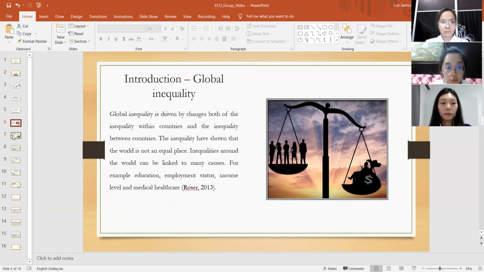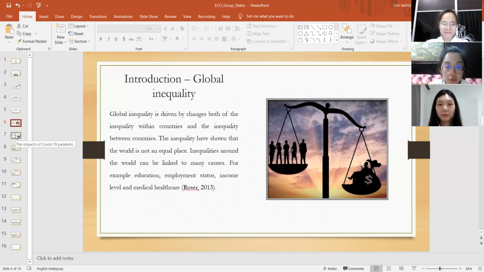So what is inequality? Inequality is an unfair and unequal situation where some people have more rights and better job opportunities than other people. Inequality is in turn linked to social, economic, and political factors. Social